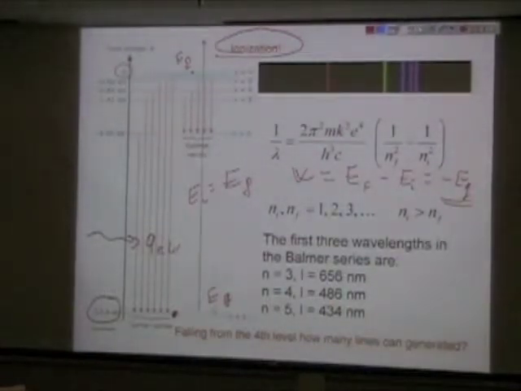Well, the lowest level is at negative 13.6. To excite an electron, we're supposed to supply the energy equal to 13.6 minus 3.4, which is 10.2. That's the smallest amount of energy we should supply,